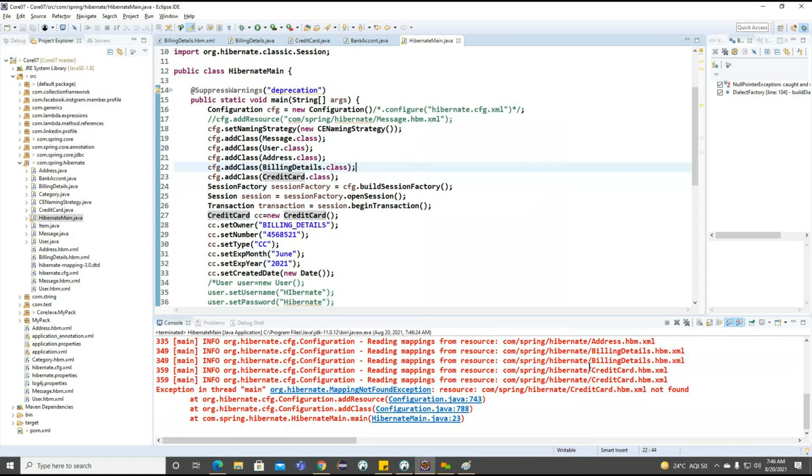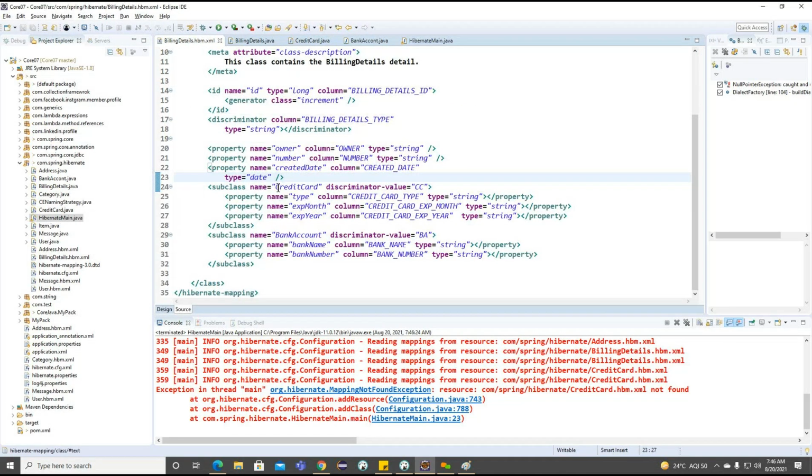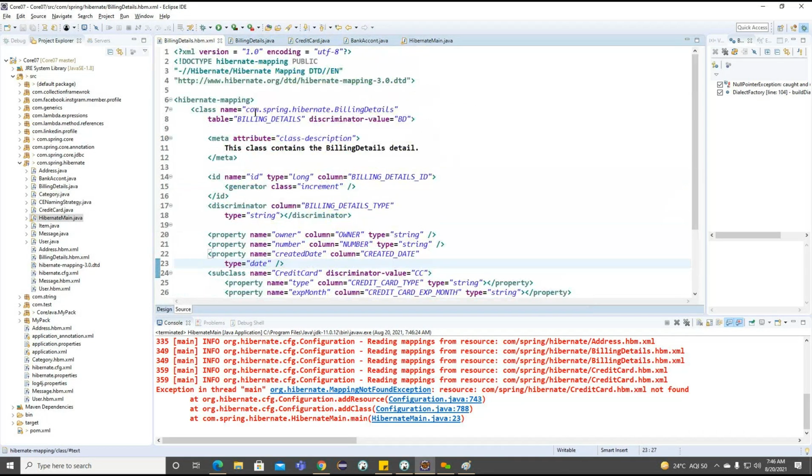Now, the CSV we cannot give here. If I'm going to give, it's going to give an error. I think here we need to change the package.